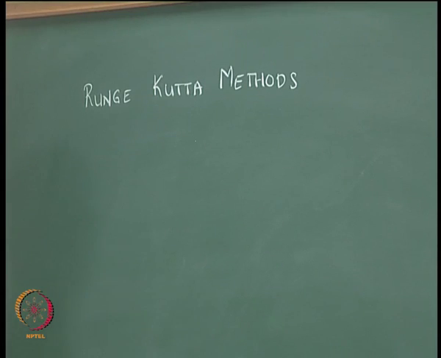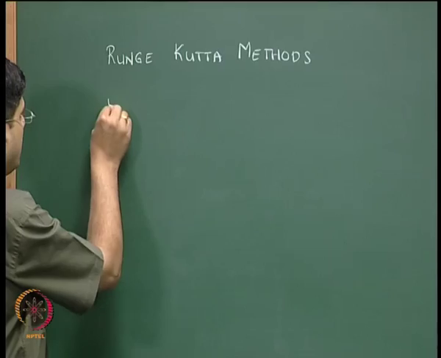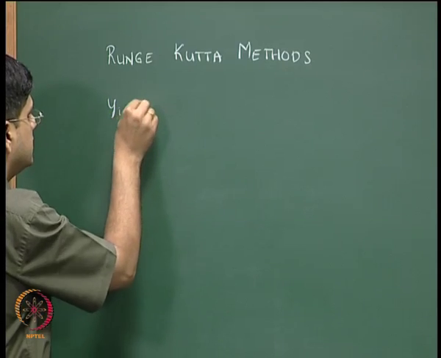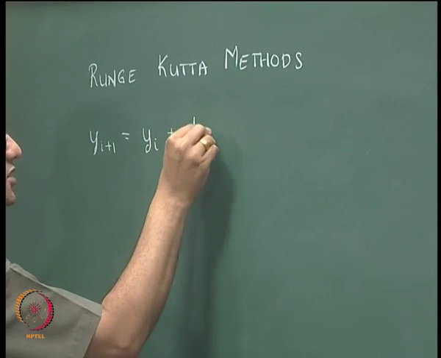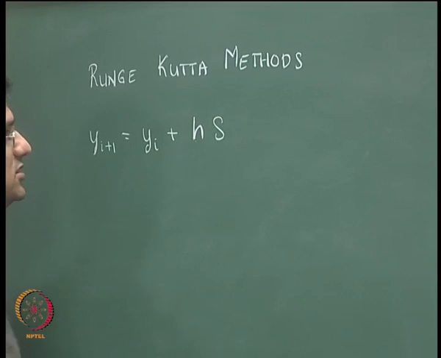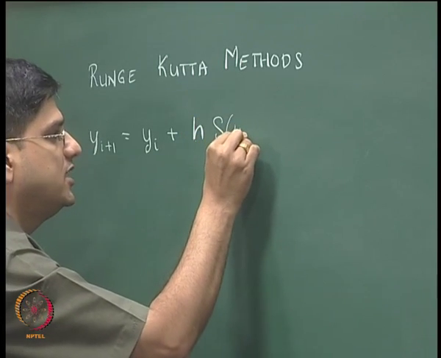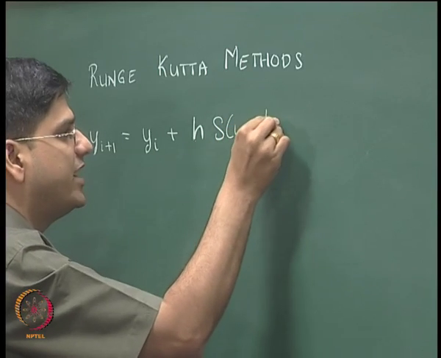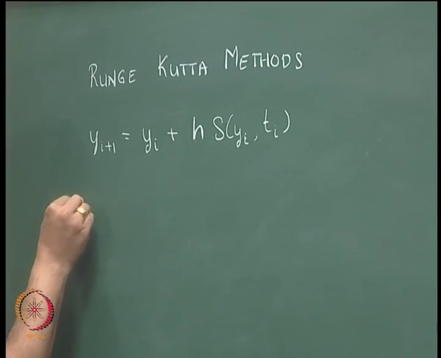So the RK2 method, we are going to obtain our yi plus 1 equal to yi plus h multiplied by some slope s computed explicitly based on the values of yi and ti. That means we are not going to use the value of yi plus 1 in order to compute this slope s. For RK2